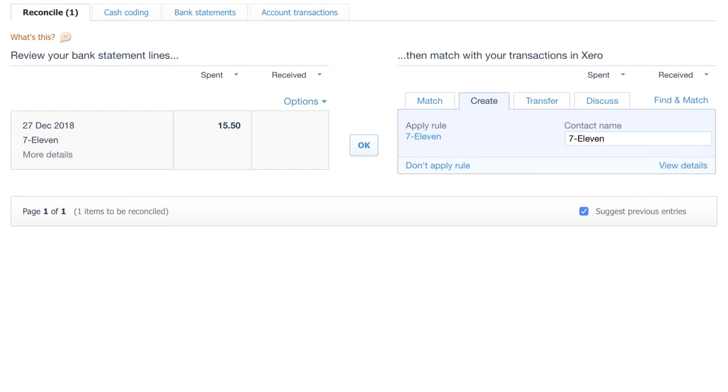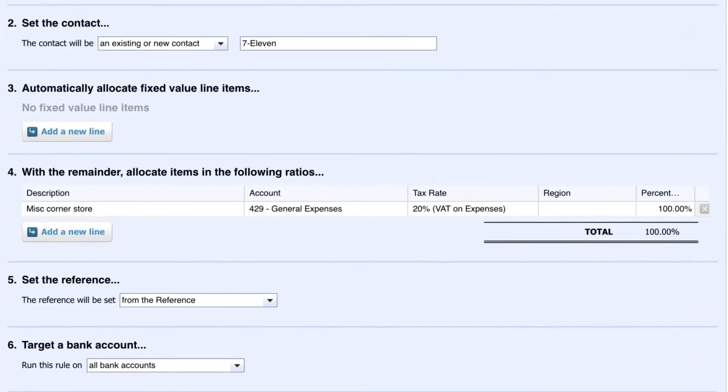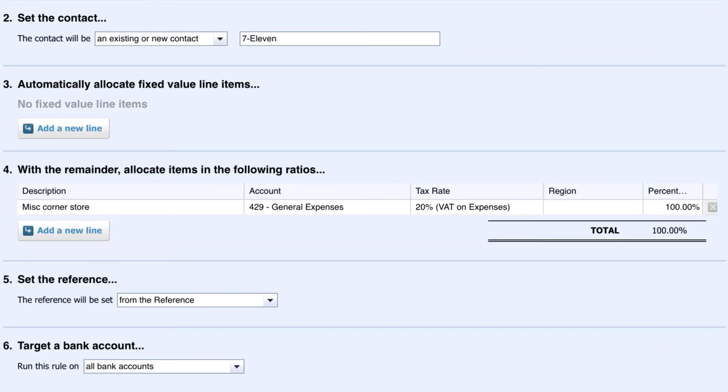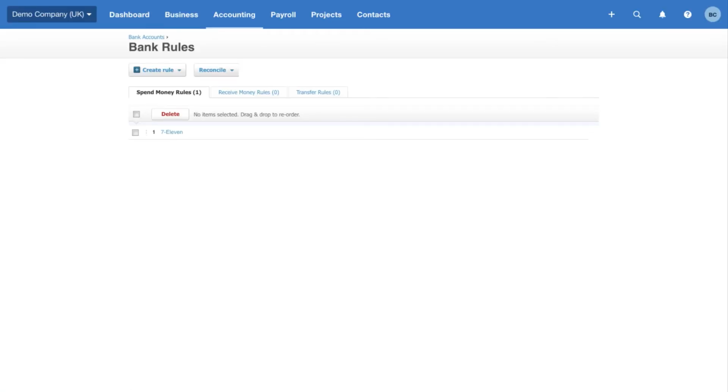We have set up a rule for our corner shop as we pop in once or twice a week and buy sundry expenses. We're going to use a bank rule to capture the transaction, so every time that we go to 7-Eleven, we will tell Xero how we want it to deal with the transaction in our accounts. We need to enter the description that we want, the account code we need it to go to, and, if any, the VAT rate. You can set up many different bank rules, and there are 3 types: spend money, receive